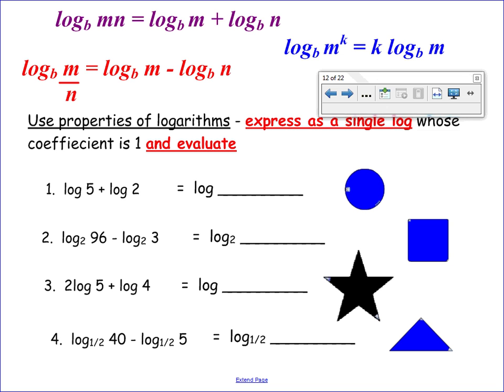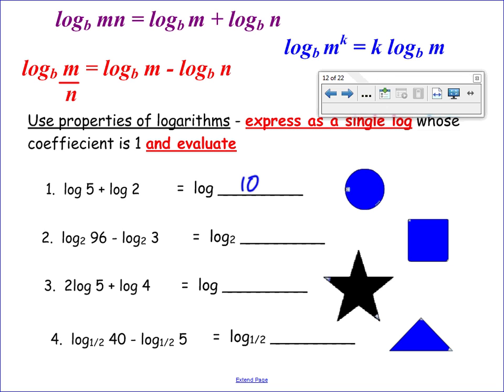So which of these properties are we going to use to simplify number 1 and rewrite it as a single log, Andrew and Carson? Purple. The purple one, raise your hand if you have the purple one. Purple one looks like, good job, you guys, that's a log of a sum. A log of a sum is the purple one, and so we can rewrite that as a single log of a product. What operation between the inputs? Multiplication. So guess what? Log of 5 plus log of 2 is log of 5 times 2, which is just